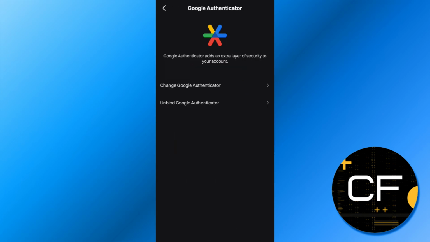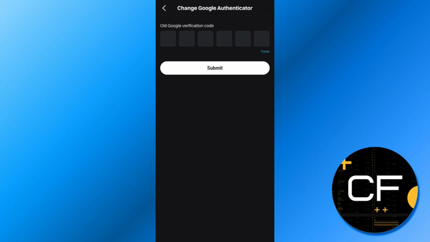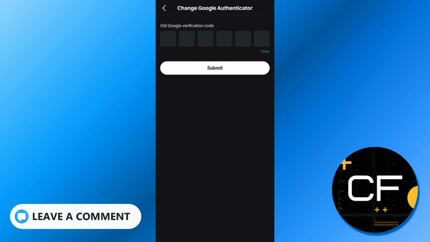But in my account, I have already connected my Google Authenticator. That's why it is showing me check. But in your case, there would be no such option. So tap on the Google Authenticator option, and here you just have to simply provide the verification code in this section. After that, you need to follow further instructions in order to successfully connect your Bitget account to your Google